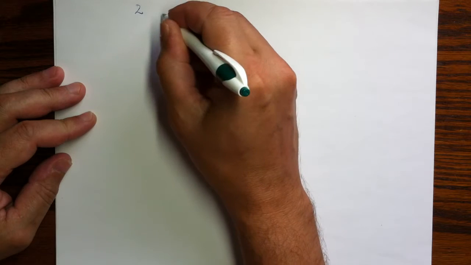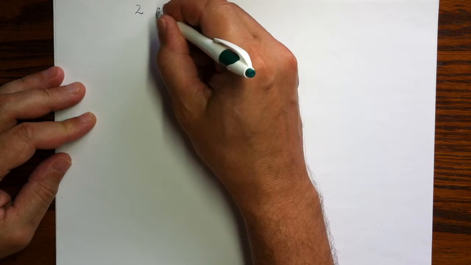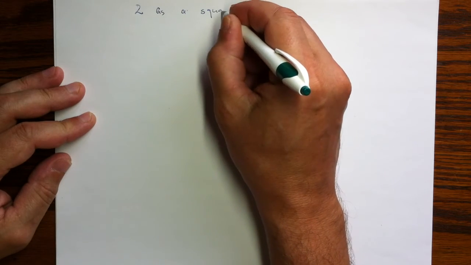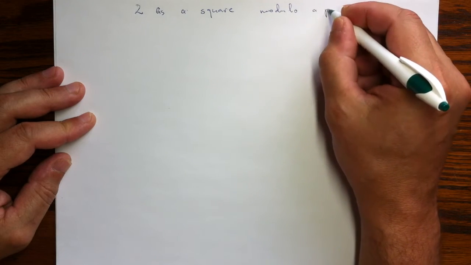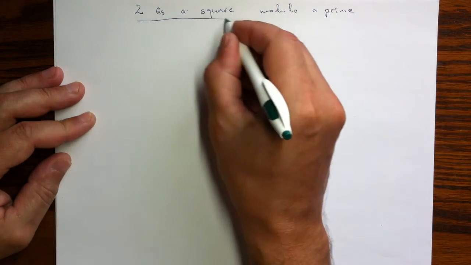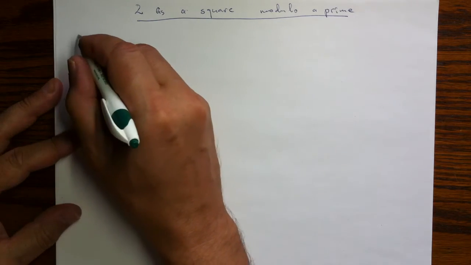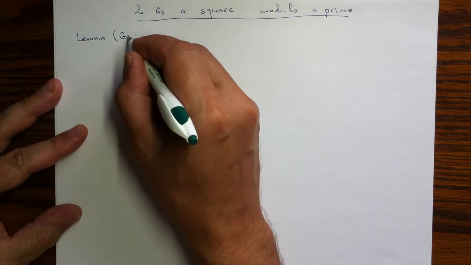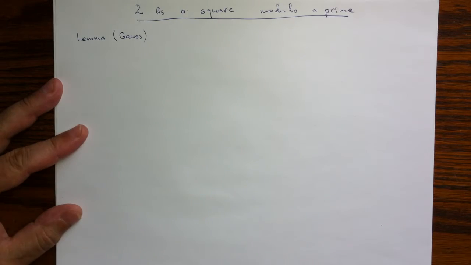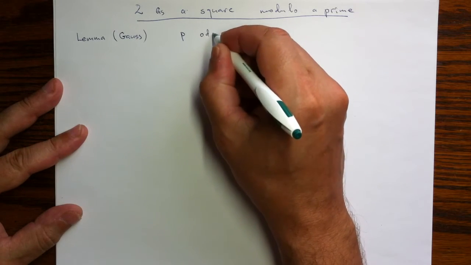Hello, here we will determine when 2 is a square modulo prime. The key tool will be a statement due to Gauss, now called Gauss's lemma. Well, let's imagine an odd prime,